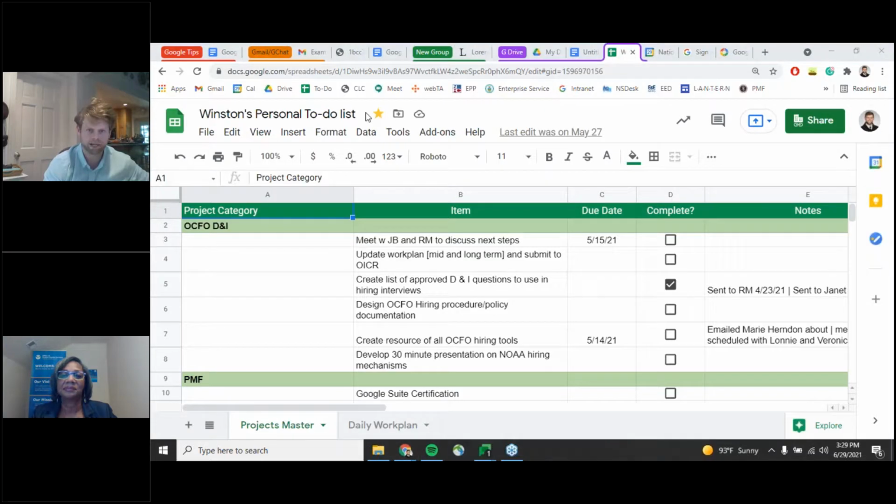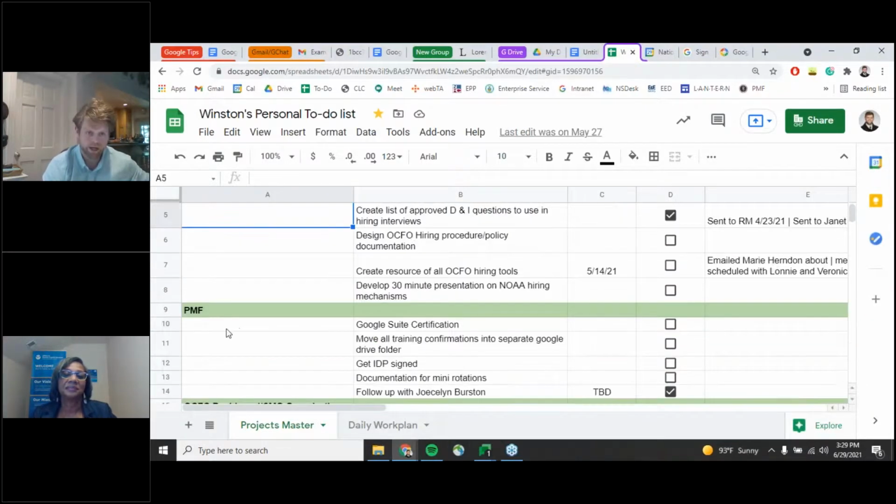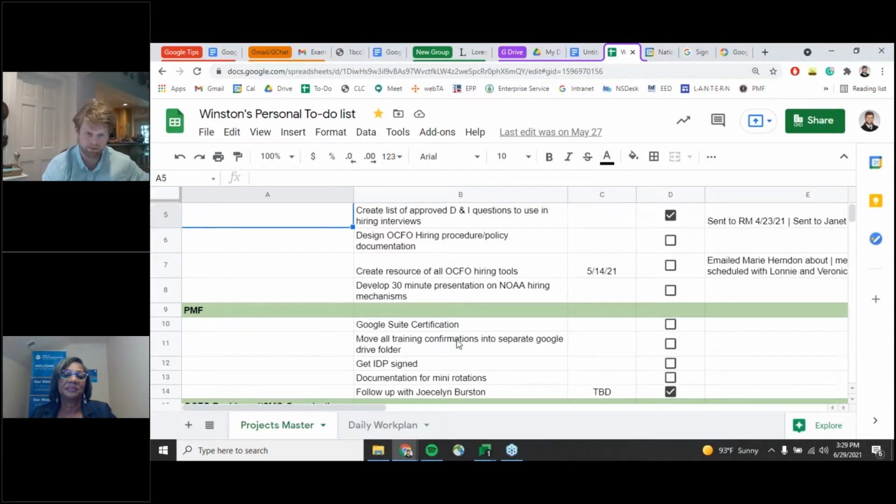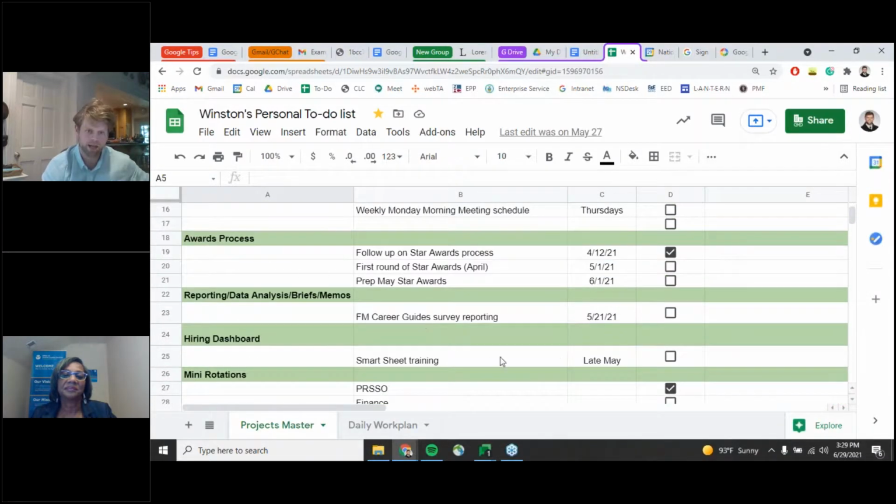And this is something that I built out based on the recommendations from one of my teammates, Rosemary, who gave me a rundown on how she organizes her work and workflows on a given day. So I've created this template, which I'm happy to share with folks if they find it useful. I have my different project areas, as I have denoted them, and then various due dates for certain things,